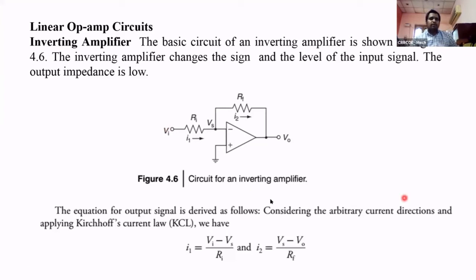First we see the inverting amplifier. Before that I will explain the closed type of op-amp. Already you have seen in the previous slide the ideal circuit of the op-amp, that is the open type, meaning there is no connection between the output and the input. But in practical conditions, we need to control the gain of the device.